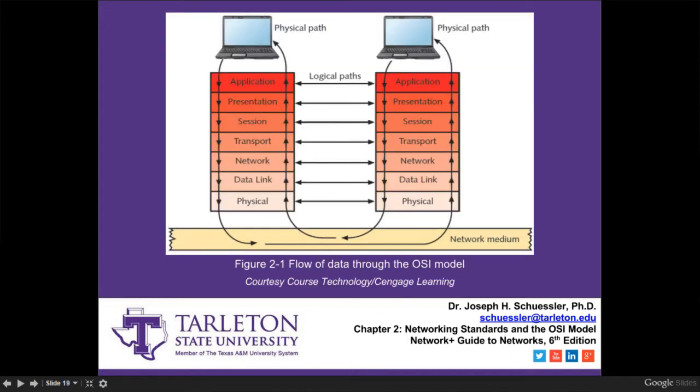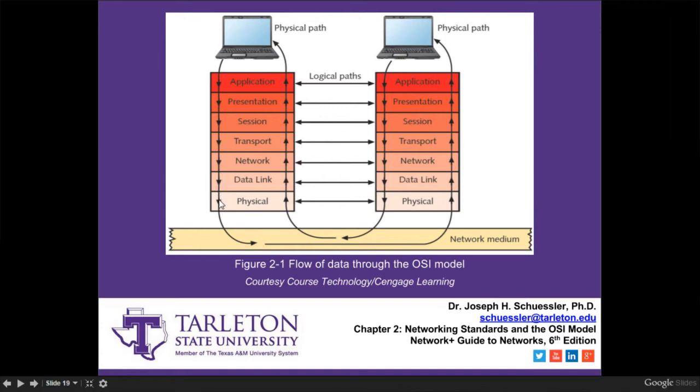So this is what it might look like. This is one way of trying to represent that data flow. So say we have a client here on the left-hand side and we have a server on the right-hand side, and you make a request for, say, Google over here on the left-hand side. You type www.google.com into your address bar on your client over here. That software application, not to be confused with the application layer, passes that request to the application layer, in which case, in this particular case, the HTTP protocol used at that layer is going to accept that request and start passing it down through the various layers. So we're going to go through the presentation layer, through session, through transport, through network, through the data link,